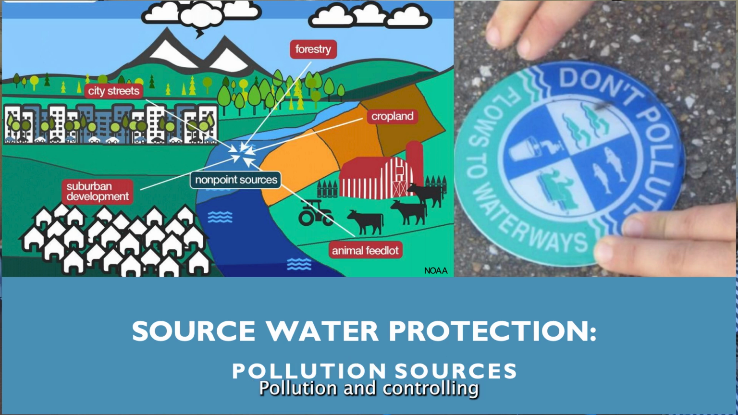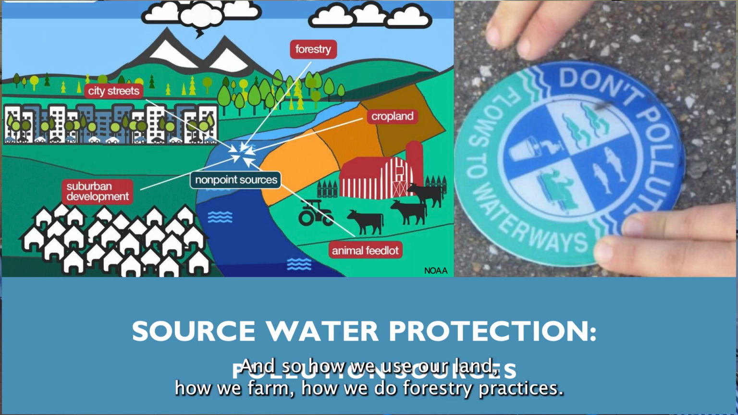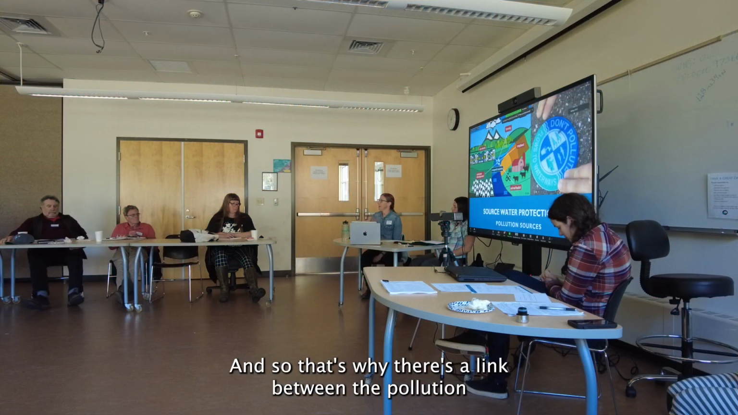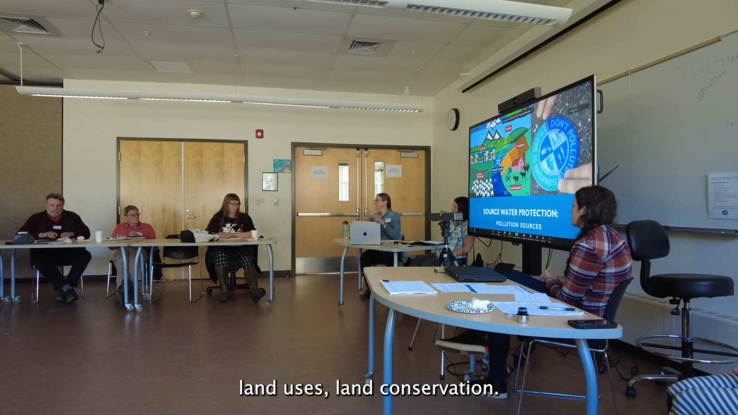Alyssa went over this really well. There are several sources of pollution, and what I'd point out here is that these are tied to land uses in large measure. How we use our land, how we farm, how we do forestry practices, how we live in the world, our urban landscapes, really has a huge impact on what goes into our water systems. And so that's why there's a link between the pollution, land uses, and land conservation. So next